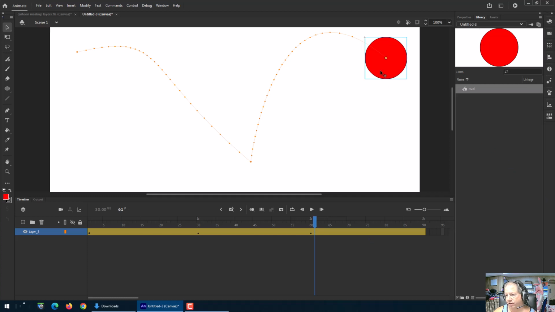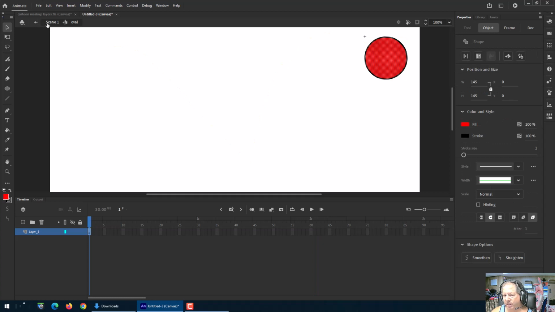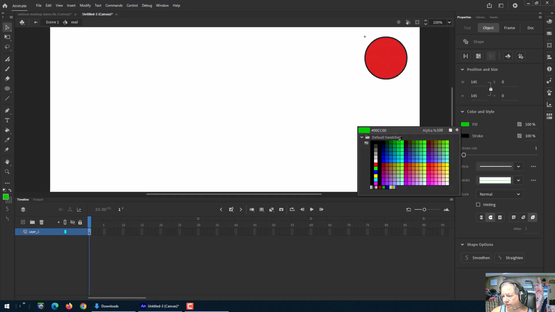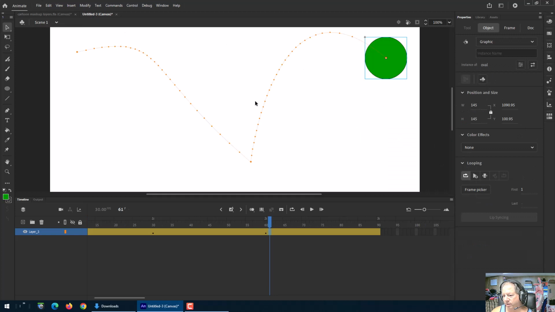And there's other things you can do as well. So if I go to properties, now because it's a symbol, you can't just change the fill and the stroke. If you wanted to do that, you could double click it, and now you're inside it. So now it goes back to me in an oval instead of a symbol. And you can change the fill and the stroke, but you're not changing it only here, you're changing it of the whole symbol. So if I change this to green, and then I say, okay, go back to scene 1,